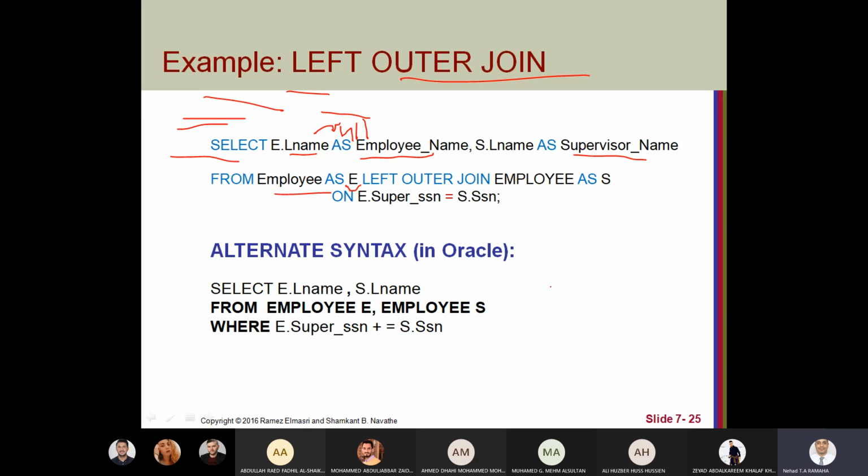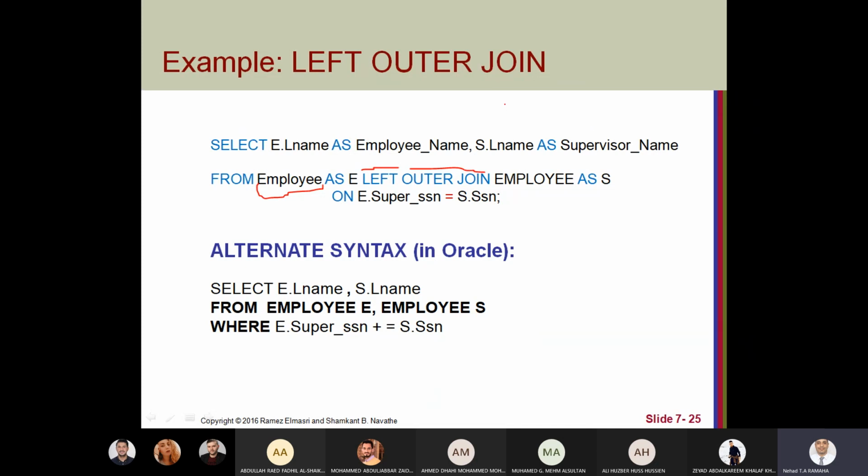Okay, return all employee names. This means I need all the data from the employee. If we consider the employee data on the left, we need a left outer join to get all the data of the employees, and his supervisor if there exists a supervisor for him.